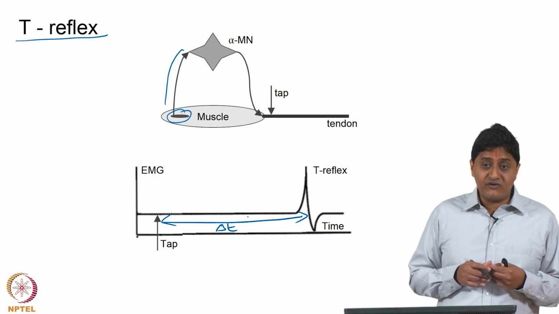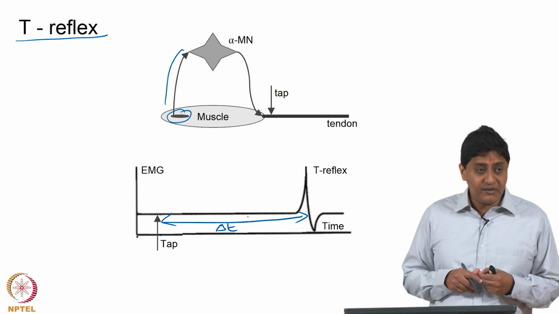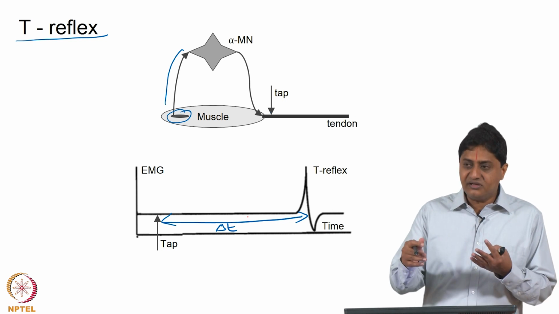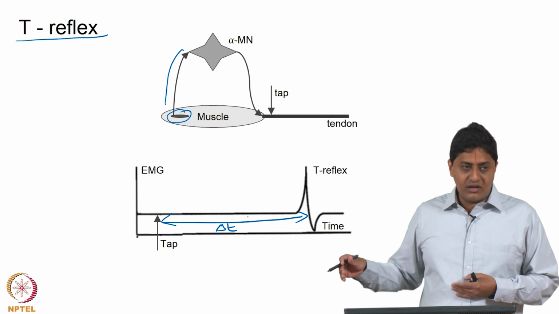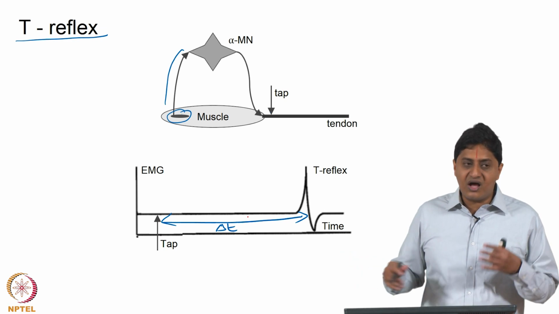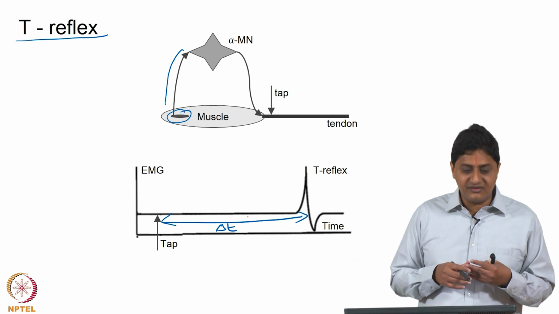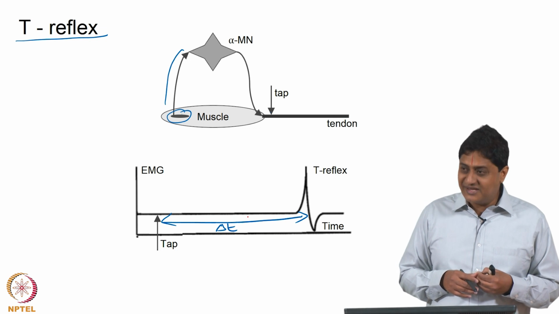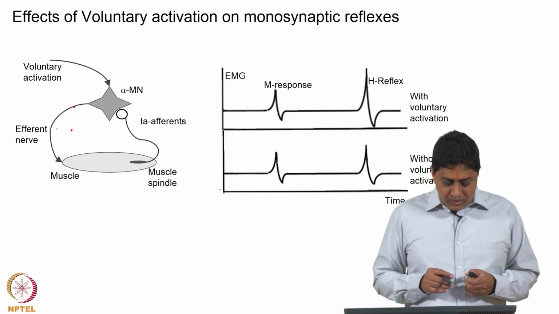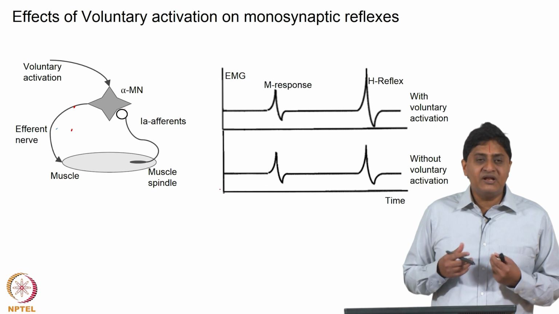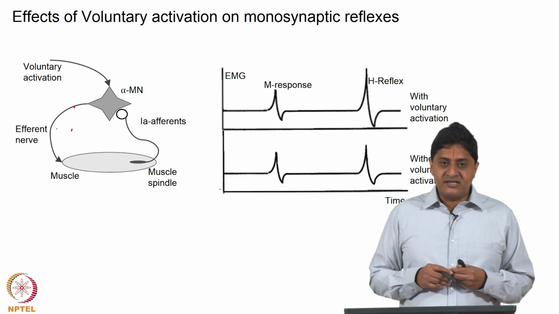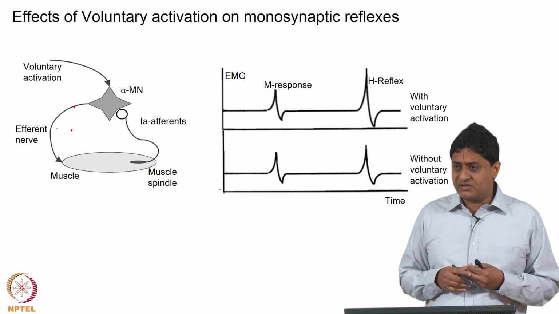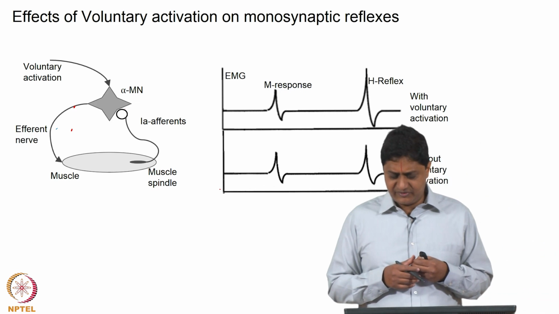Because the pathway involved is the same, is it not? There is a 1A afferent and there is an alpha motor neuronal pathway. So, since all these things remain the same, the timing remains the same. Okay. Now, the question is, what will happen if there is voluntary muscle activation or some voluntary movement is performed